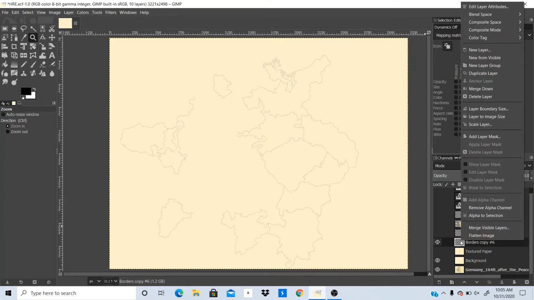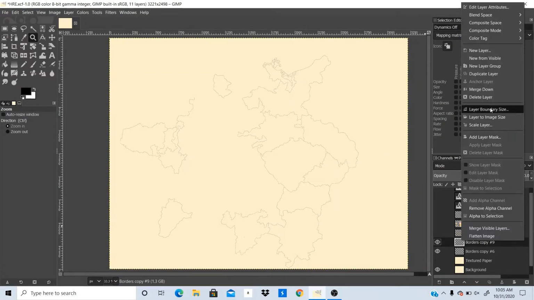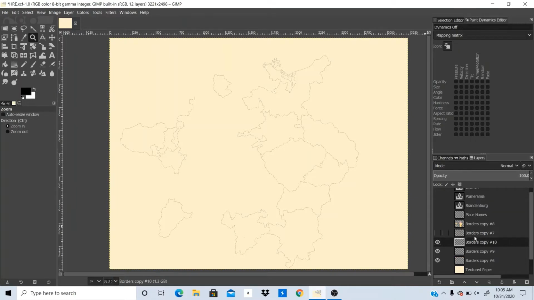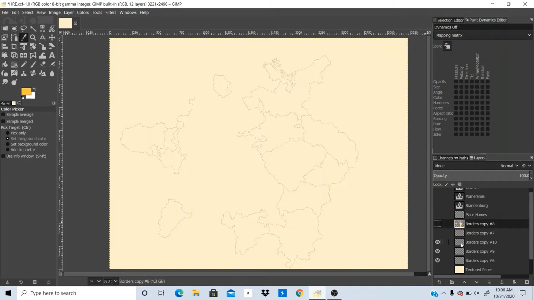Then what I'm going to do is I want to get it to match the style, right? 1600 style. The way I do that is I'm going to go. Does that work? No, it doesn't. But basically, this is what it's going to sort of look like when I'm done, besides adding in the names. What I want to do is